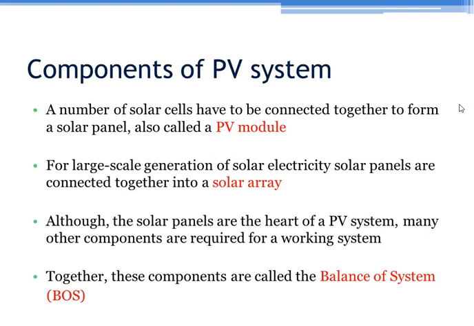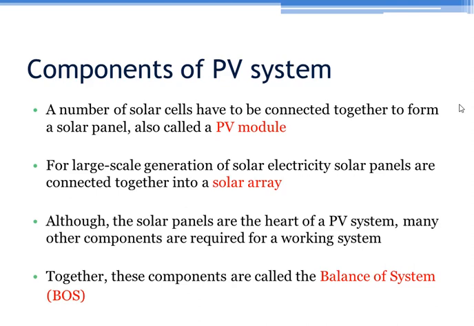So let's get started. When we use solar power system, we think that only PV modules are enough. A number of PV modules will be converting solar energy, heat energy into electric energy, and that output is in DC form. For large scale generation of solar electricity, solar panels are connected in solar array. So solar cell is a basic unit of solar module. Then by combining so many solar cells either in series or parallel, you can form solar module. And for large scale, we connect n number of solar panels in series or parallel to form solar array.